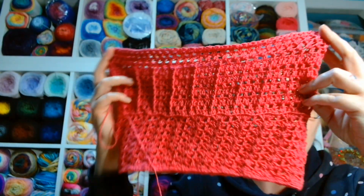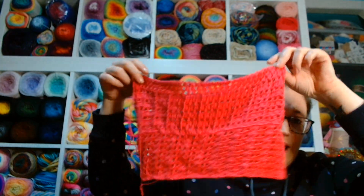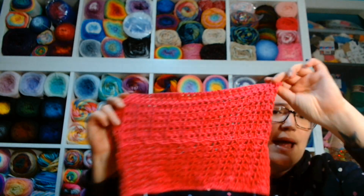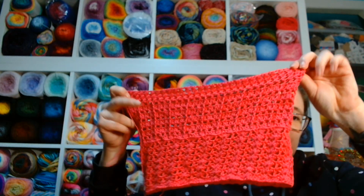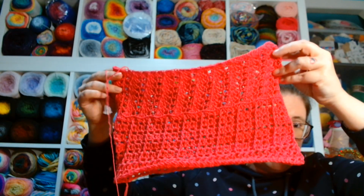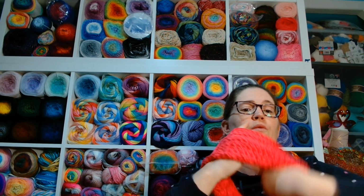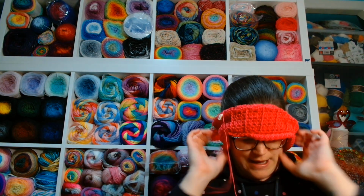And because I went up to a 4, it is really nice and drapey and airy. So when I have finished stitching on this project, I will turn it the other way around to wear it. I will just pop on what I've done so far to give you an idea of how it will look